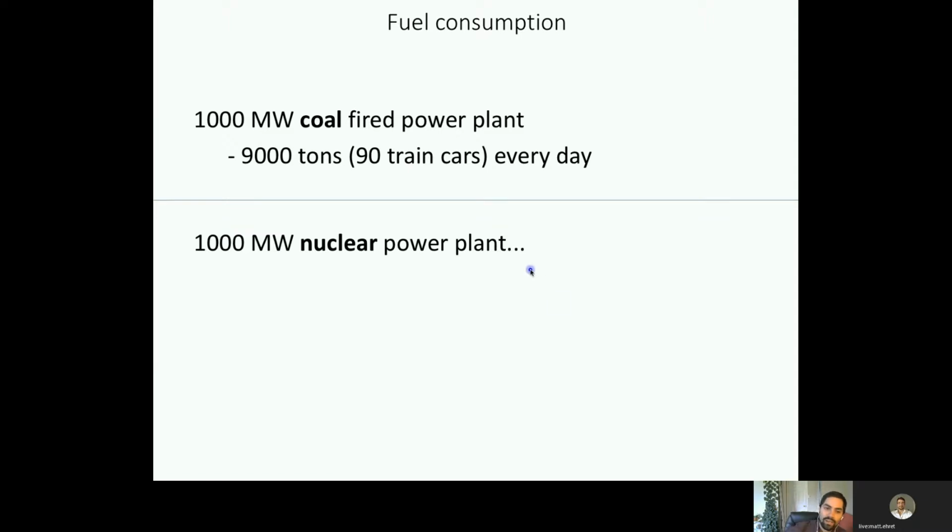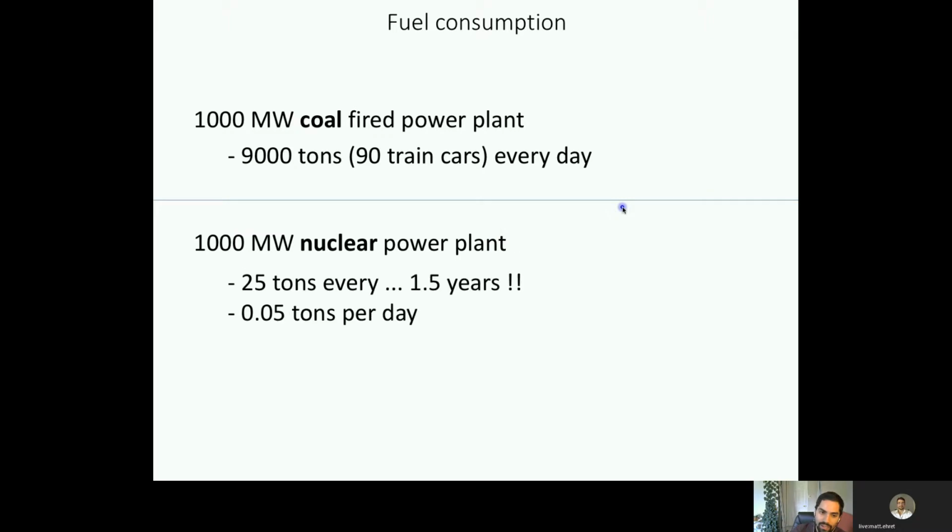Now, what about nuclear power? How much nuclear fuel does it use? So we have here a 1,000 megawatts coal-fired power plant. It uses 900 tons every day. Now, a 1,000 megawatts nuclear power plant uses 25 tons every 1.5 years. So that's a big difference. And actually, they're not